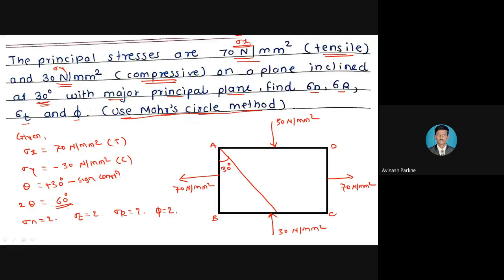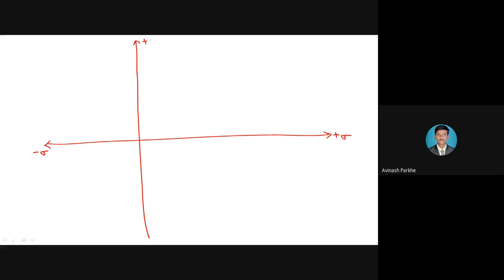But here you have to check that once one stress is positive and another stress is negative, you will get some of the figure at the left side of the origin also. So whenever you are making your notebook horizontal, you have to keep some space at the left side of the origin also. So let us see. This is the vertical axis. This is the horizontal axis. So minus sigma, plus sigma, plus tau, minus tau. This is origin point O.